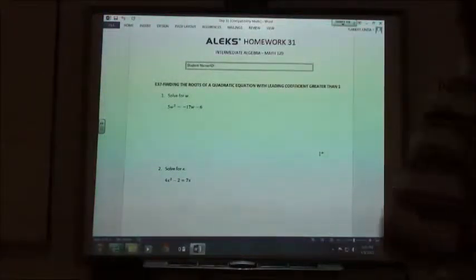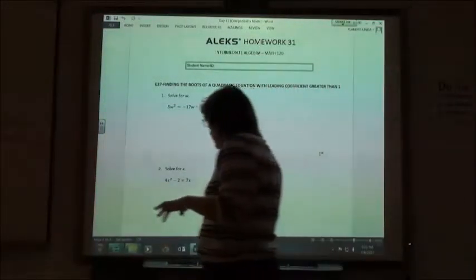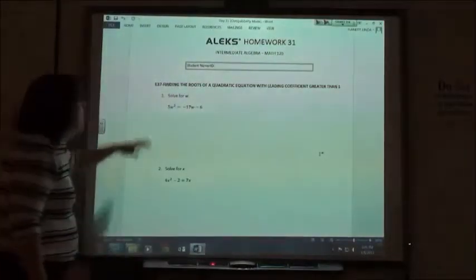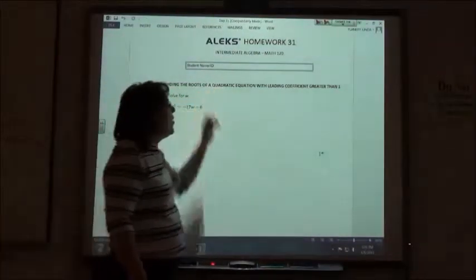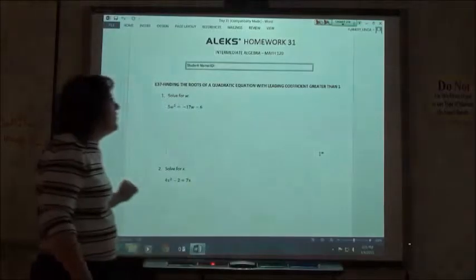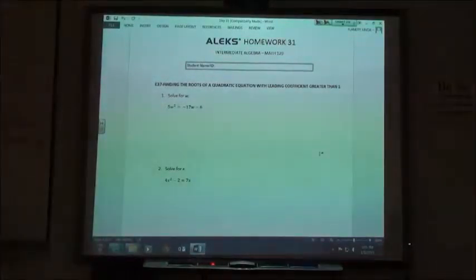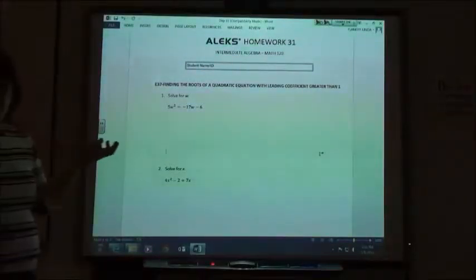Intermediate Algebra Homework 31 starts off with where we left off. We are finding the roots of a quadratic equation. This time our leading coefficient is greater than 1, so our factoring is a little bit different. I have to be careful on these ones that I get it in the proper order before I try to